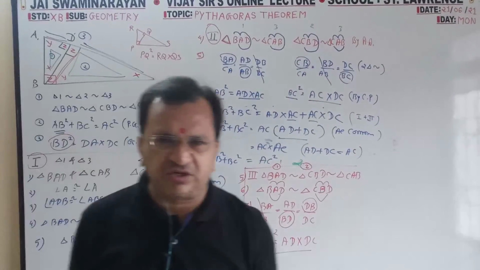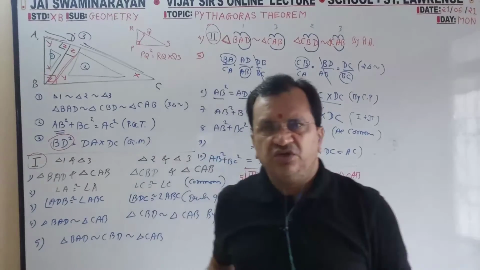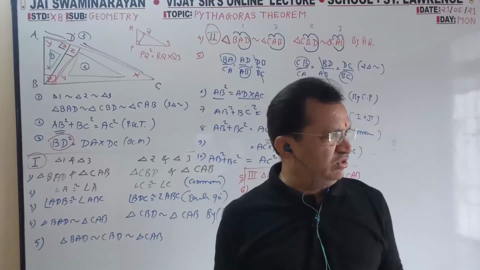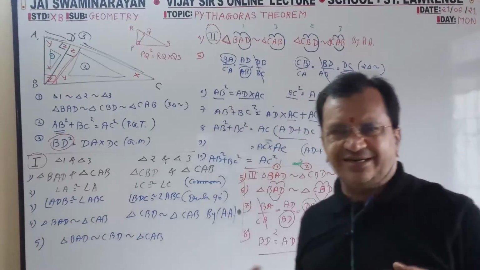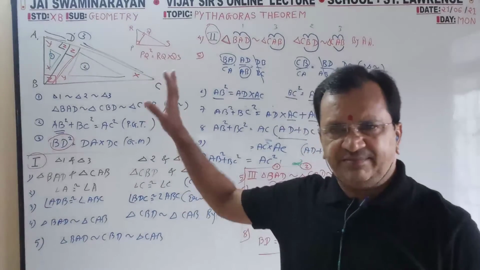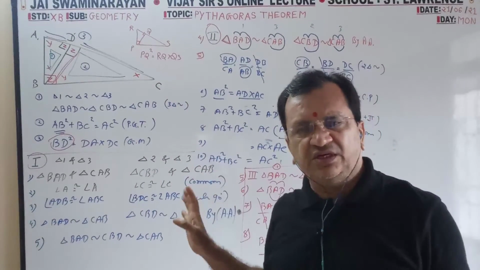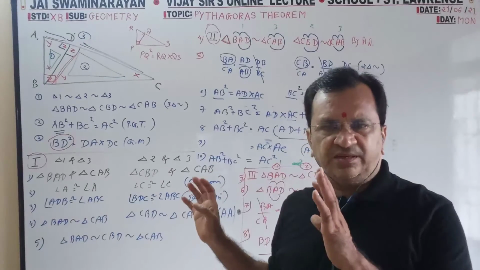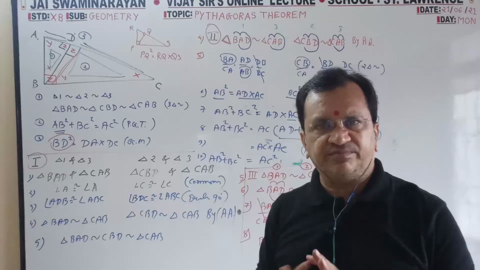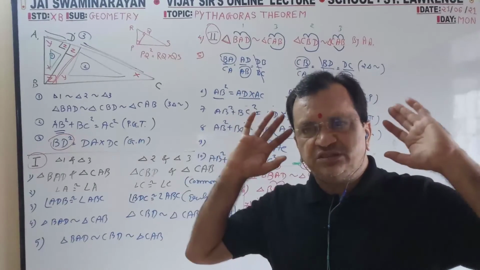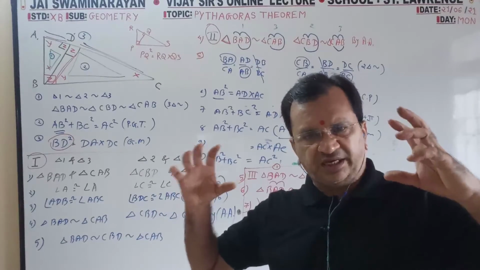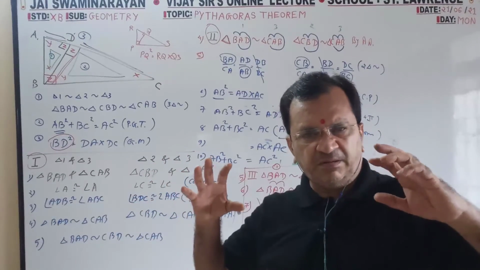Ratio cross product, ratio cross product, ratio cross product. Follow. So this is the best method. In the textbook they have explained slightly lengthy. The number of steps is enough. Diagram, explanation, reason, that is enough. If you write in this way, with this method and this reasoning, you will get full marks. So don't worry. This is the method of how to remember. This XYZ method is the best.